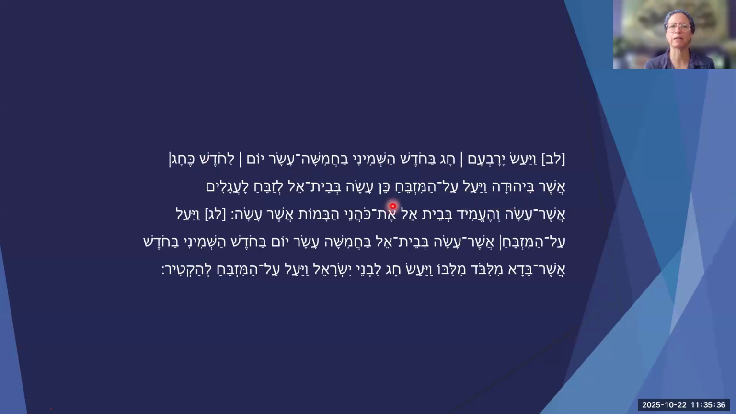Vayal halamizbeach. He made a mizbeach in Beit El, and that's where he did his sacrifices. Ken asa bebeit El lezabeach la'agalim asher asa, ve'amid bebeit El et kohanei abamot asher asa. So we have here in Beit El agalim, these calves, these images, and he had his own kohanei bamot. Just a short note on bamot. Bamot are high places, places which are made for